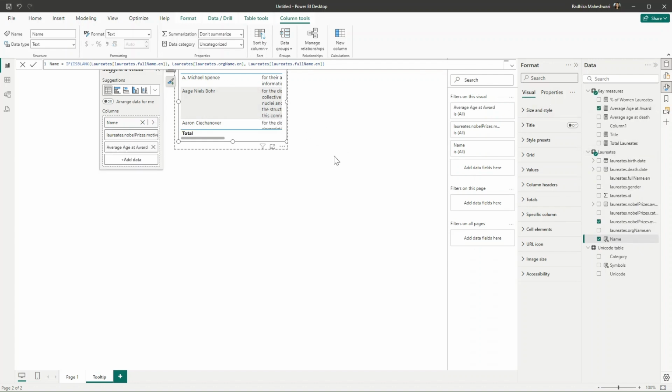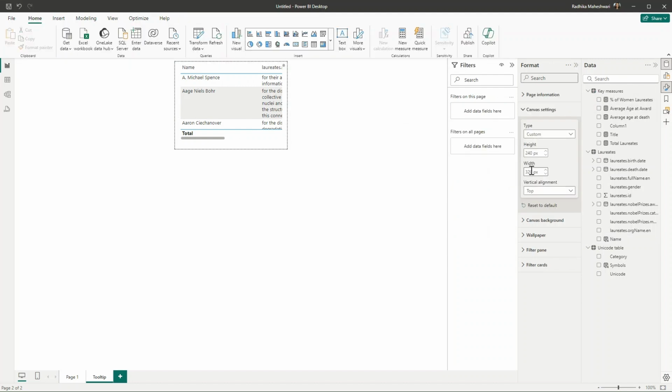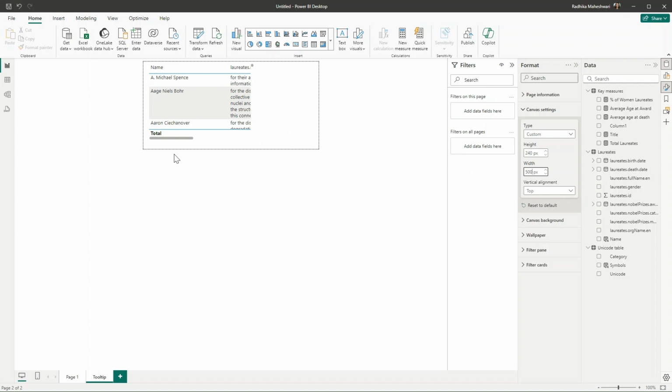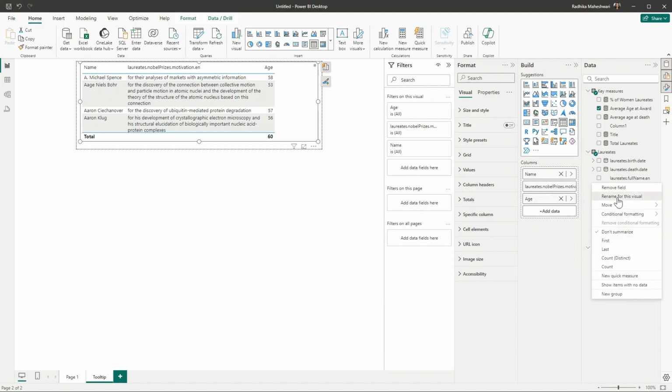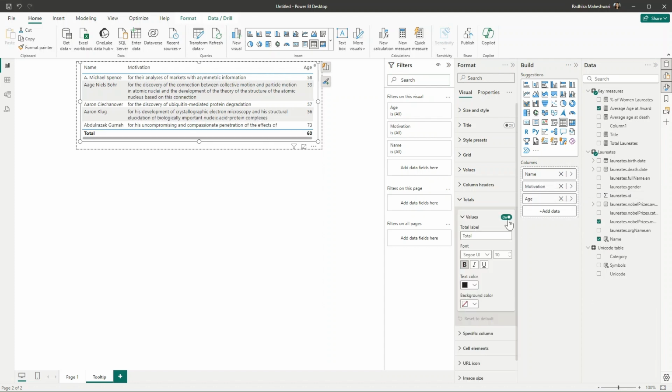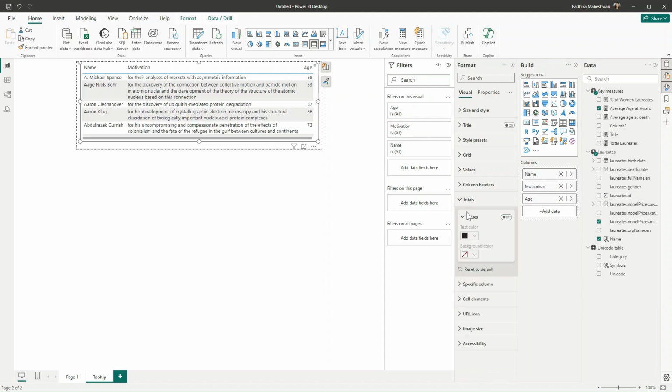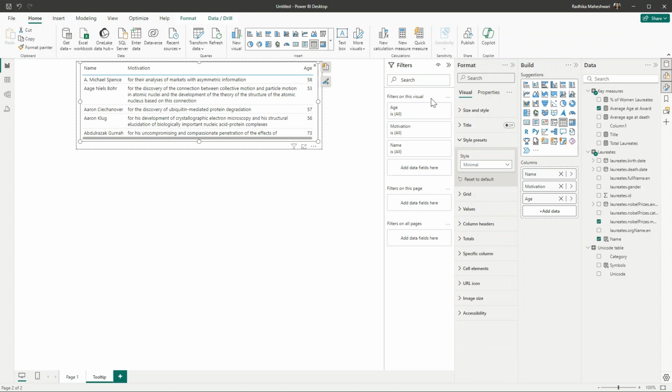I will increase the size of this canvas. I will choose this custom and maybe do 500. Let's just rename this as simply age. Renaming this as motivation. And let us switch off the totals because we don't want any total. For style presets, let's just choose minimal.